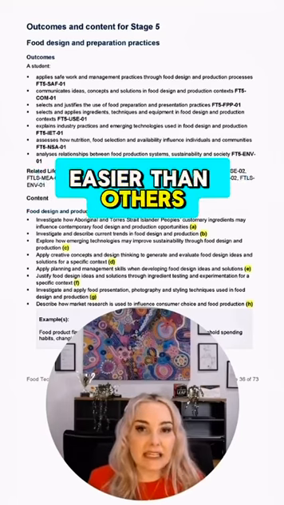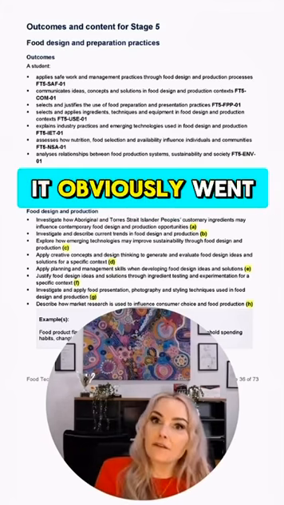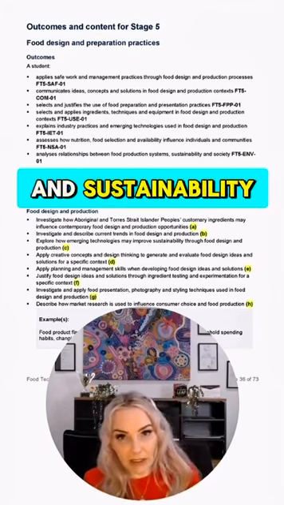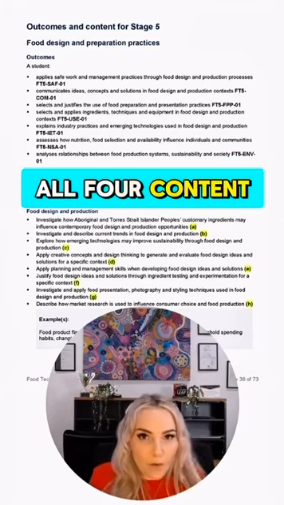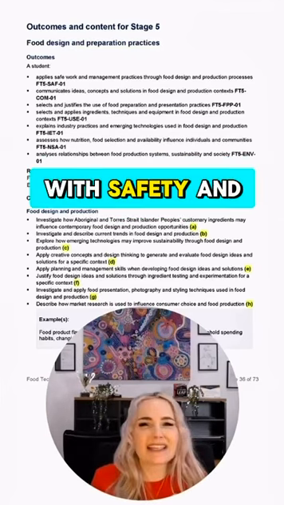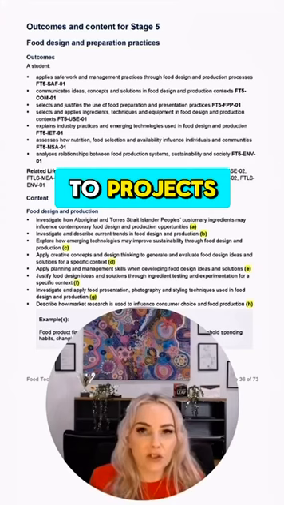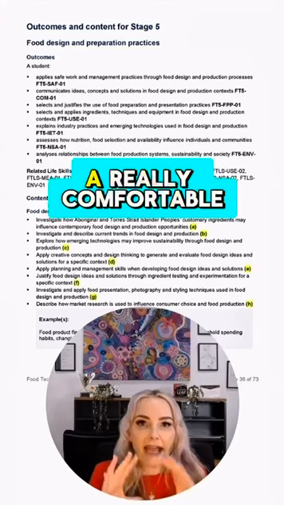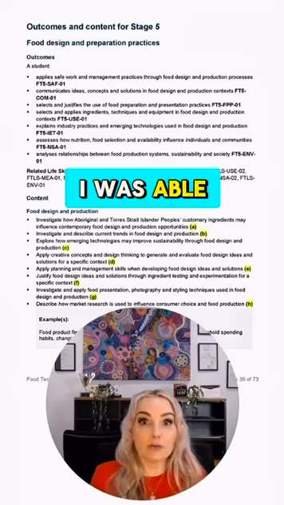And some were easier than others to place. For example, if it said something about sustainability in it, it obviously went in food security and sustainability. Some of them were going across all 4 content areas because there was something to do with safety and hygiene or something like applying management practices to projects. So once I had a really comfortable feeling about where each of them went, I was able to then write